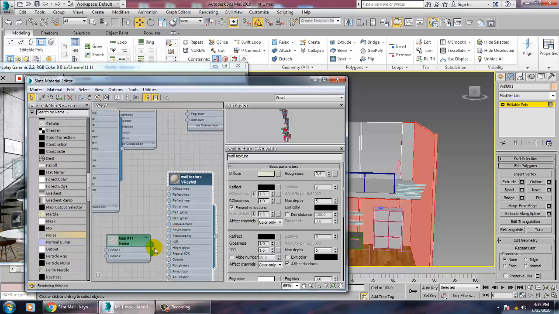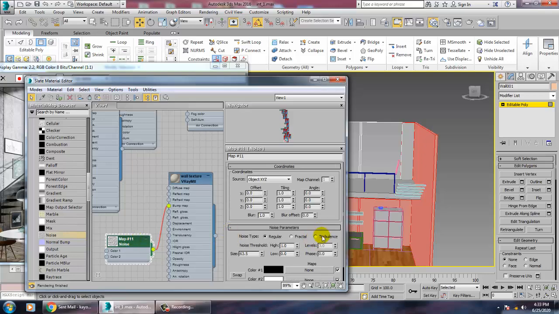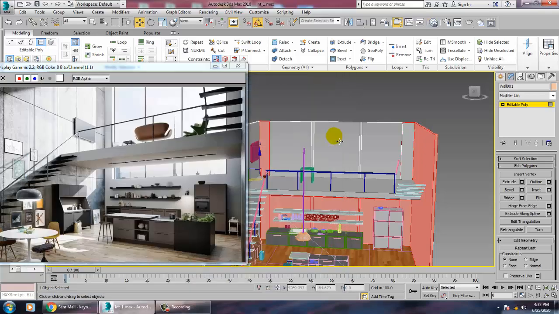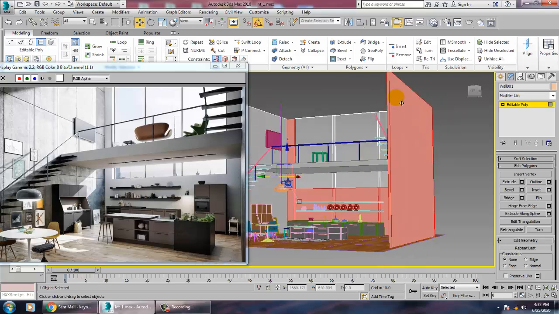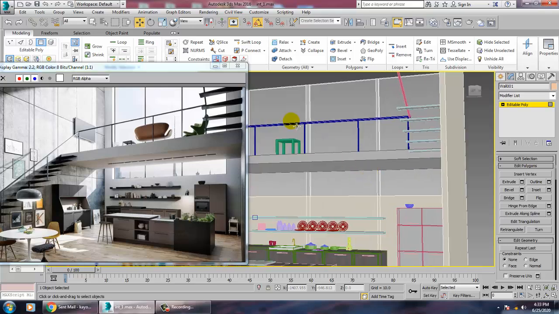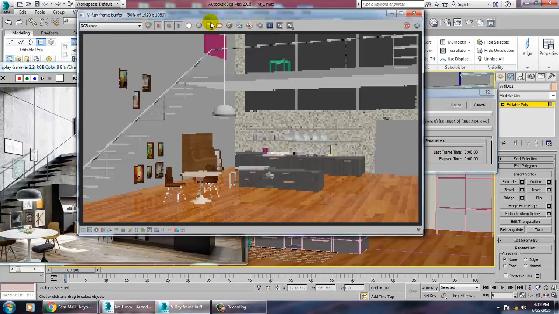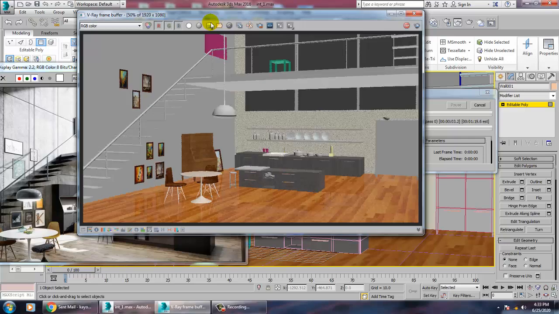So let's connect it with a bump map over here. Make it turbulence, so it's so rough. Make it as 1 over here. That's it. Want to see, you can just go into this and let's see how it looks after just assigning a texture. Oh, it's looking very rough. We can reduce its roughness over here, not a problem, and just reduce that.